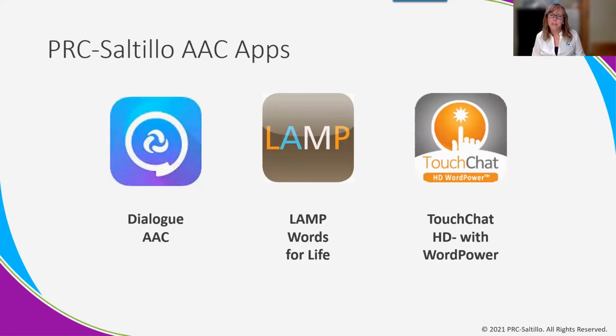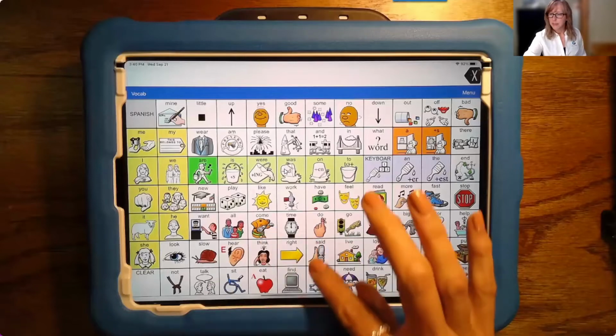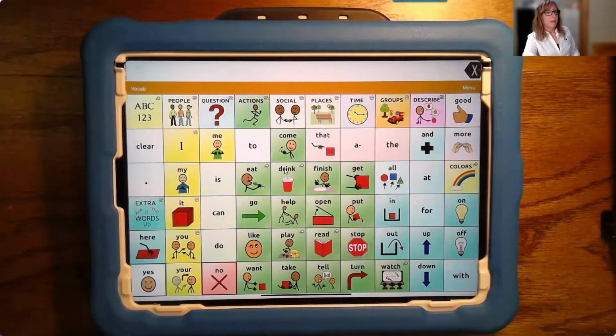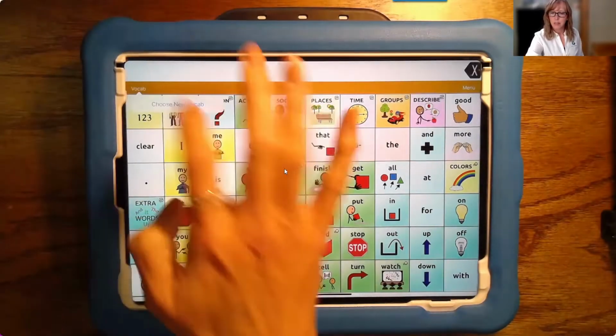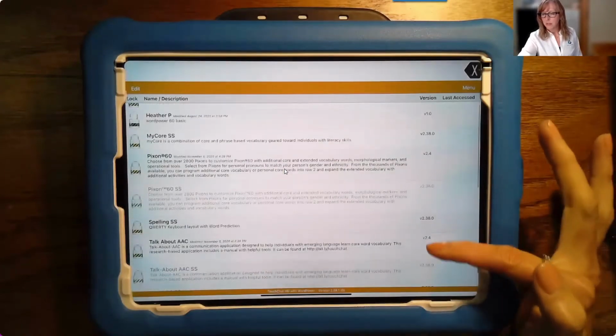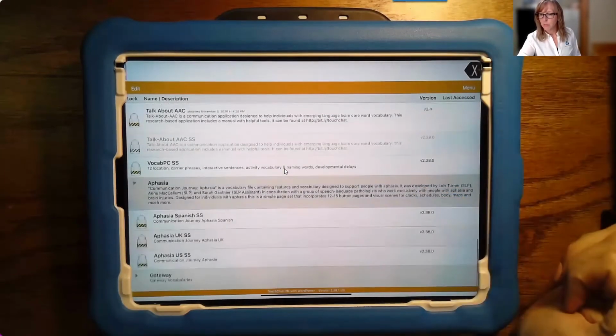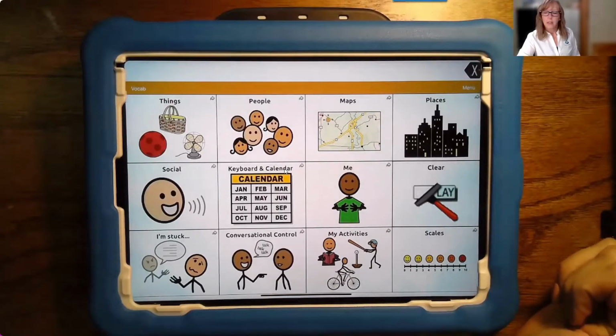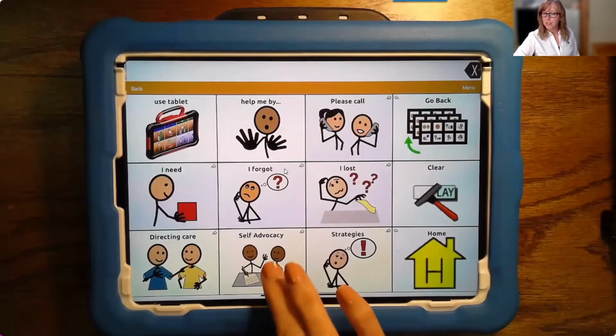And then finally, we have TouchChat HD with WordPower. It offers a variety of vocabulary layouts for various vision, motor, language needs that your AAC users may have. Most commonly used would be those WordPower suite of files. Let's peek at that. So this is WordPower 60 Basic that launched in there. But just to see the variety that is in here, we do have our Communication Journey Aphasia available for clients that have aphasia. Customize that to be able to